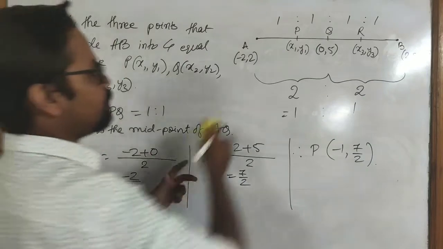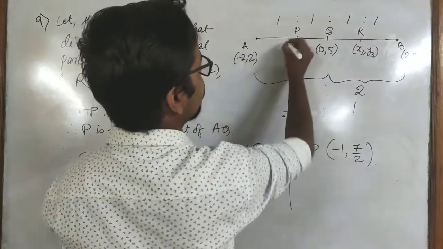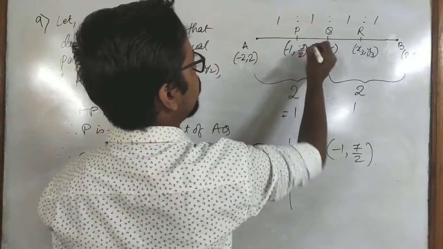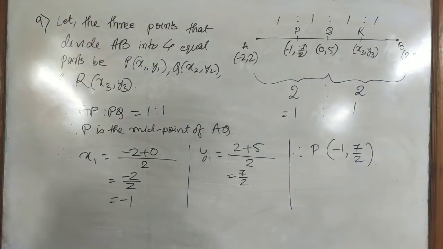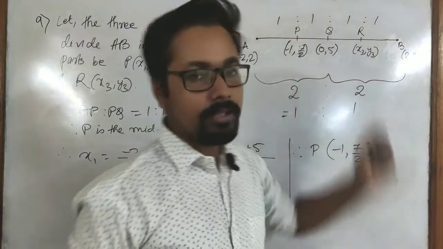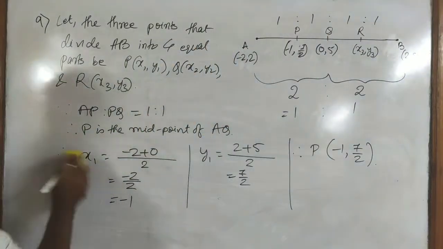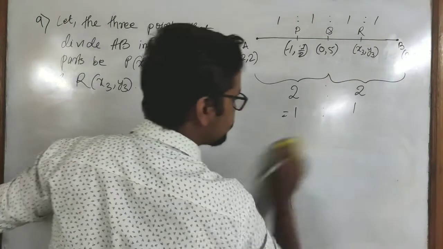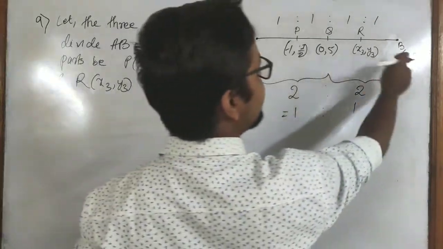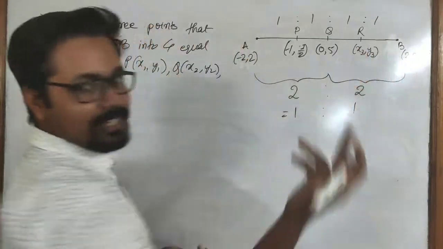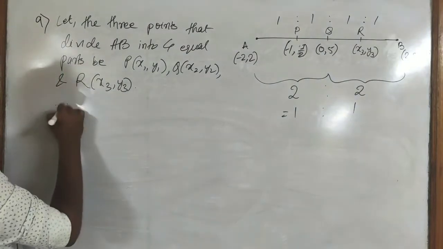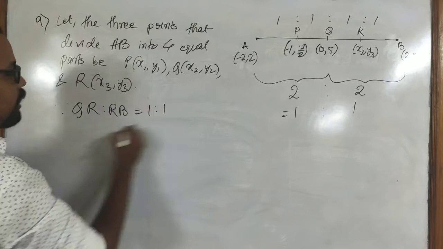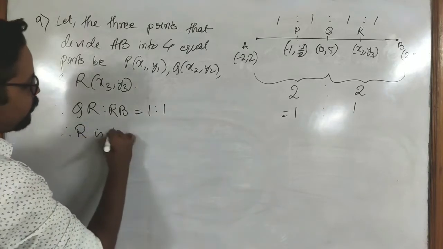Okay, so here we have P as well: -1 and 7 by 2. We have the coordinate of P. Let's move to the coordinate of R and see how that takes place. Again we will use the same method. This time we will take Q and B, and R is the midpoint. So we can write QR is to RB equal to 1:1, therefore R is the midpoint of